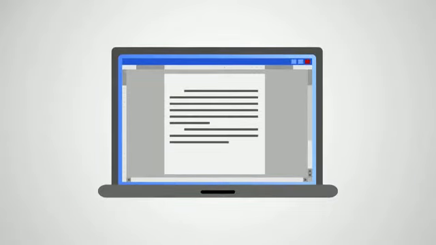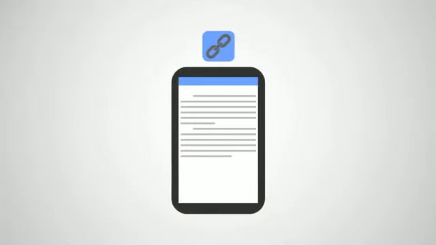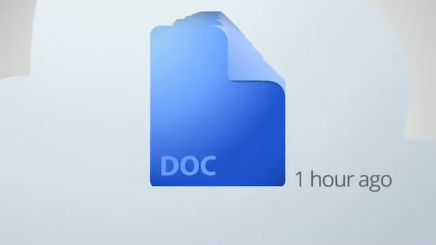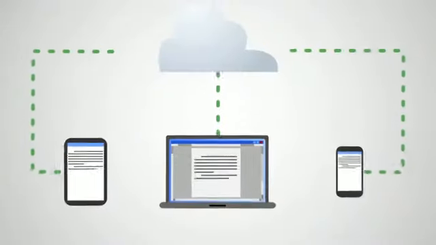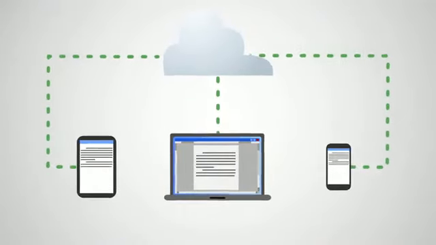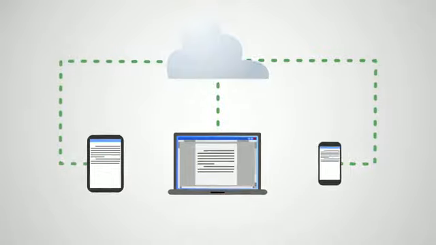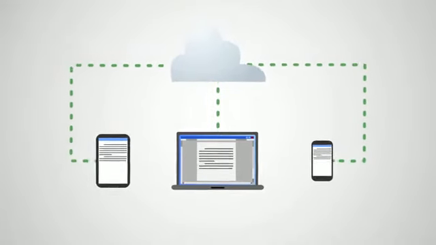And if you want to let other people access but not edit a file, you can always share a view-only link to the online document in Google Docs. Google Cloud Connect stores all revisions of a file so you can easily roll back to a previous version. With Cloud Connect, you gain all the benefits of the cloud without learning anything new or upgrading existing software.